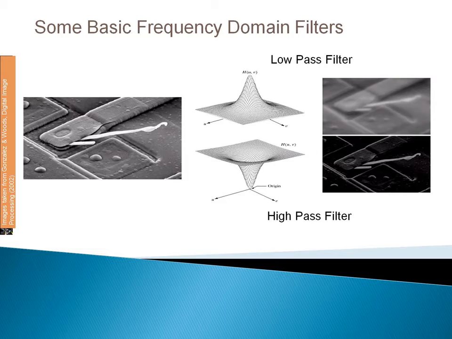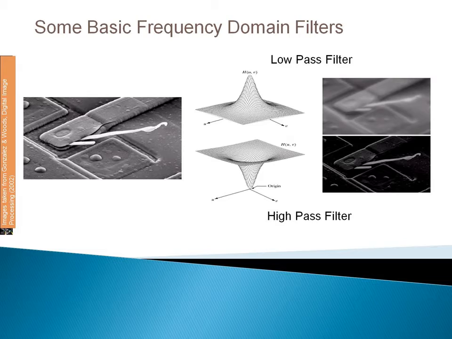Low frequencies in the transform are related to slowly varying intensity components in an image, such as the walls of a room or a cloudless sky in an outdoor scene. So what happens over here? The intensity will be slowly varying, that means there will be almost the same intensity. So in that case we can go for low frequency in the transform. On the other hand, high frequencies are caused by sharp transitions in the intensities, such as edges and noise. After the edge, definitely there will be a change, and that is why it is called a high frequency.